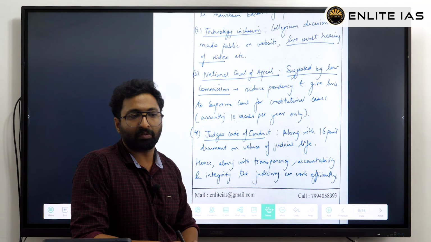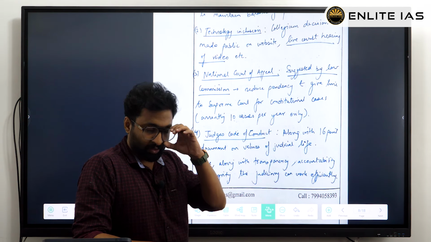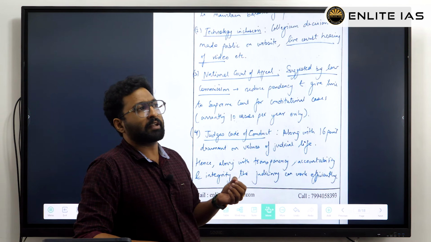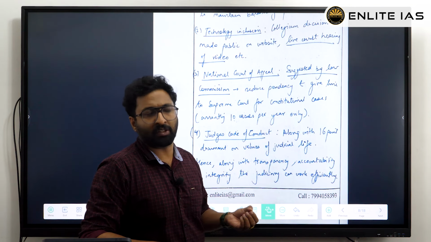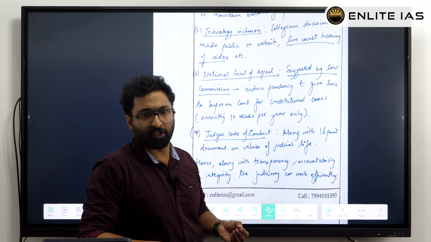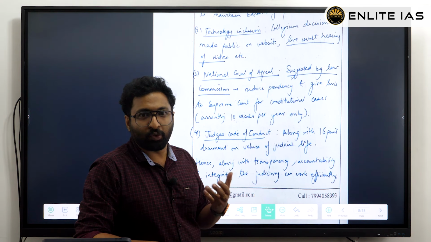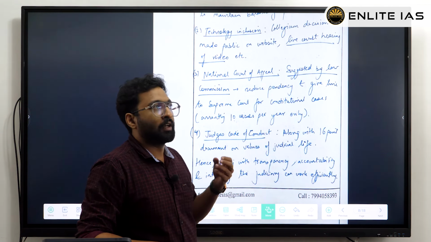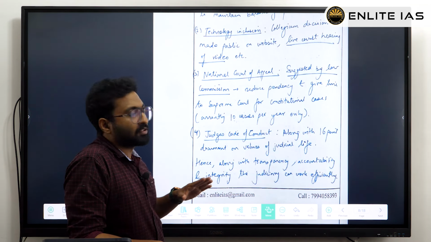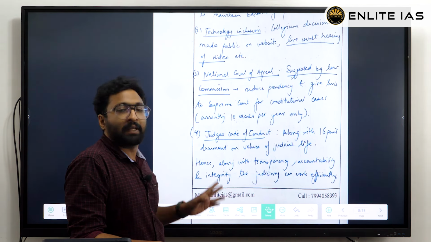Similarly, there may be points that are part of some legislation, for example the Vidhi Legal policy papers. They have many points that we feel are so superb to write in the answer sheet. But frankly, the examiner who evaluates this sheet should also know that this is a right point. So always try to take the famous points or the points that are always discussed. See, for example, all these points are ones everyone knows, so they will be given more marks.